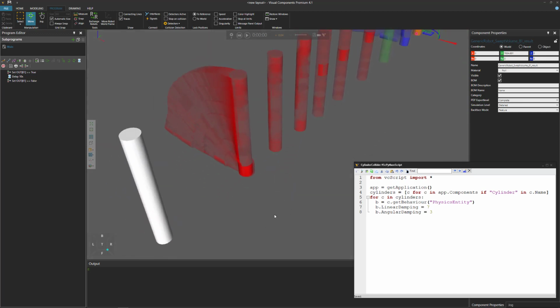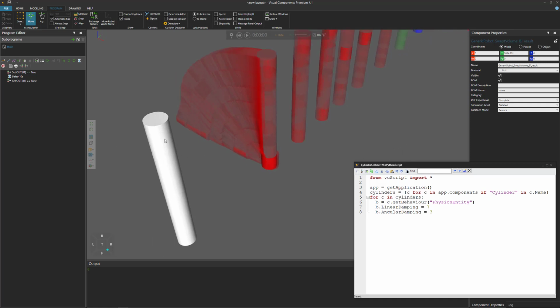Great. Now, one thing I do want to cover really quickly is how you could avoid using damping altogether and try using solver position and velocity iterations. So if you don't want to mess around with the linear and angular damping, you can increase the number of iterations it takes to solve the position and velocity of your physical bodies or objects in the 3D world.